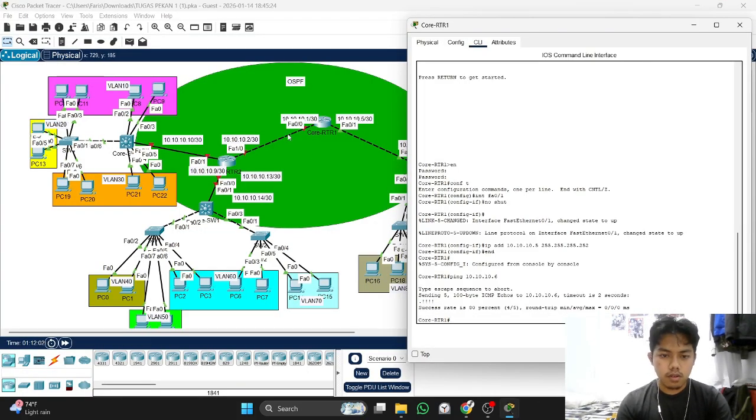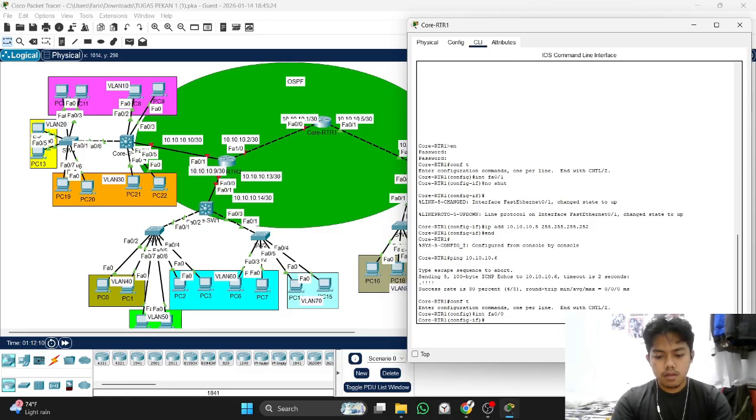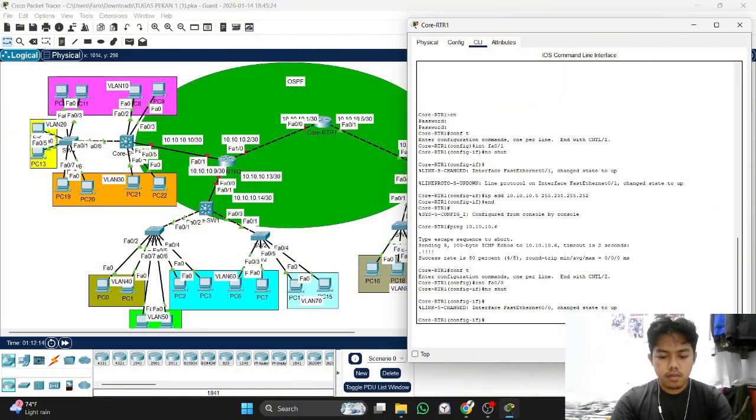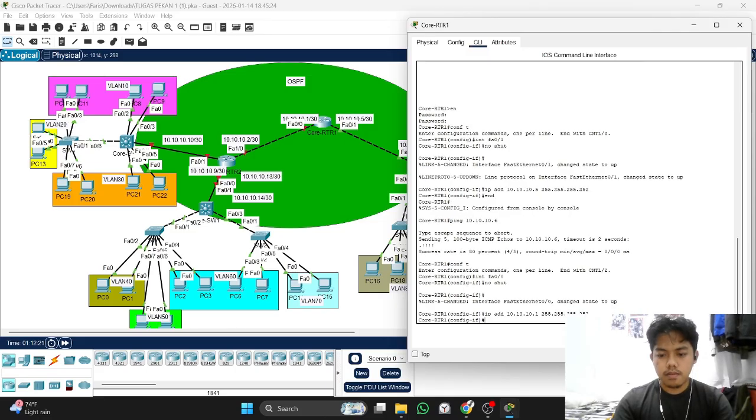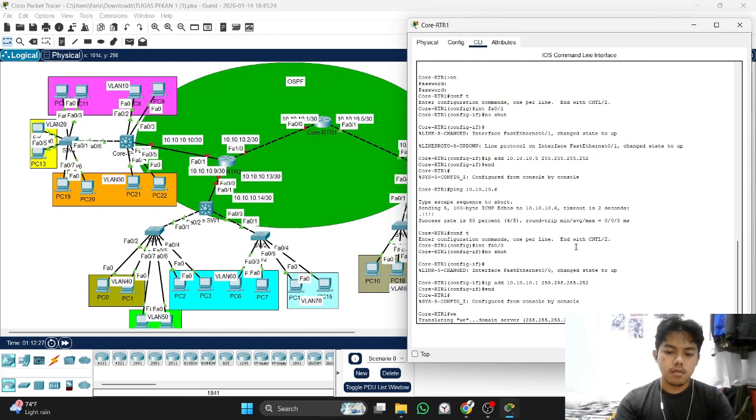Now we will configure this interface FA00. The address should be 10.10.10.1 and the subnet. Oh my god, okay.